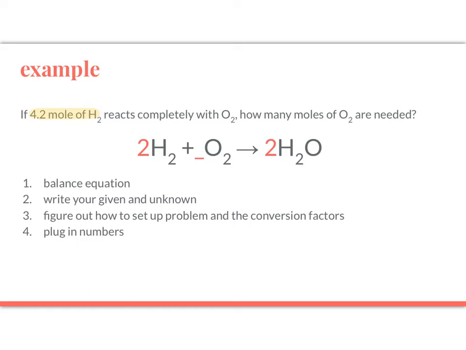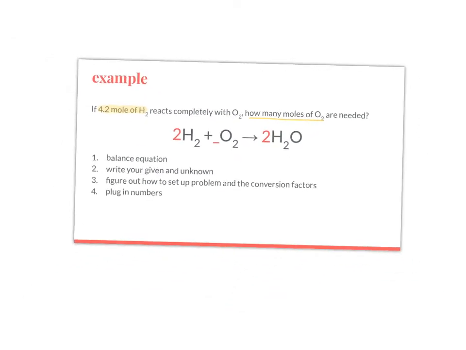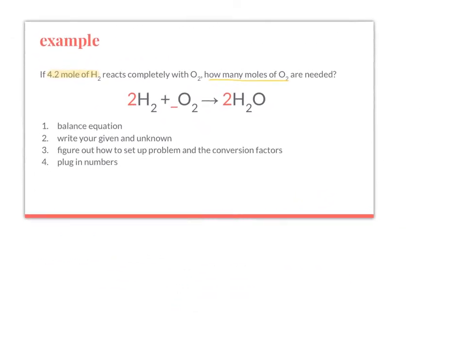And then our unknown is what we're trying to find as chemists or researchers. What we're trying to find is how many moles of O2 are needed. And then third step, figure out how to set up the problem and then plug in numbers. Okay? So remember that we always start with our given in the top